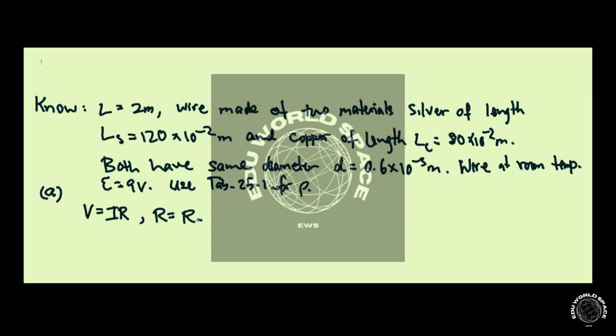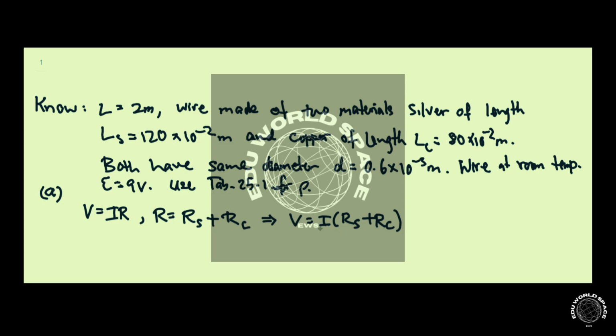Let's call one RS, which corresponds to silver, and RC, which will correspond to copper. So we have V is equal to